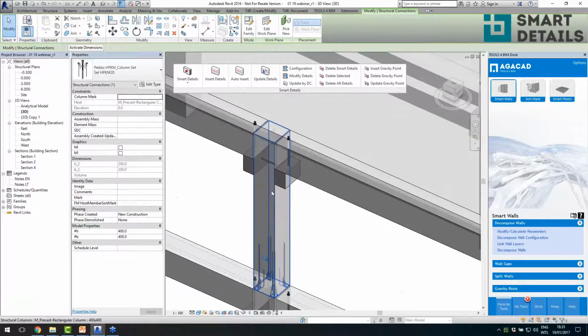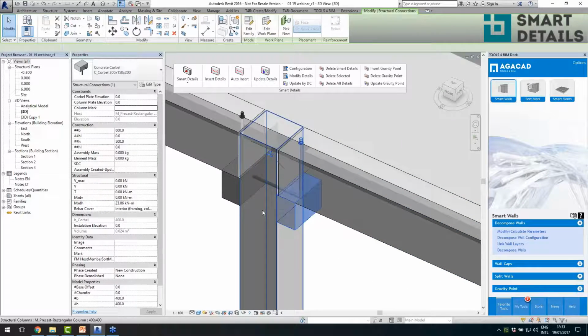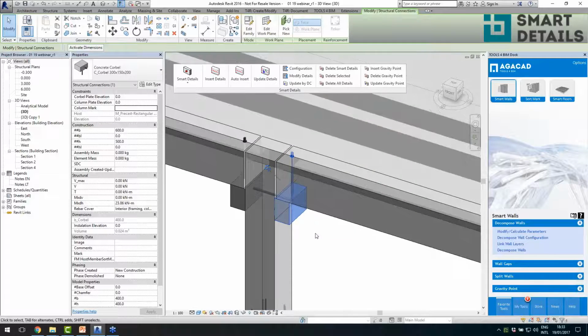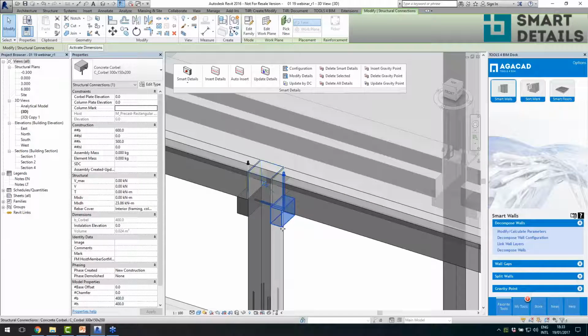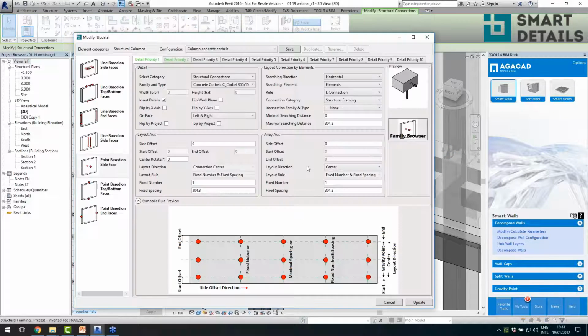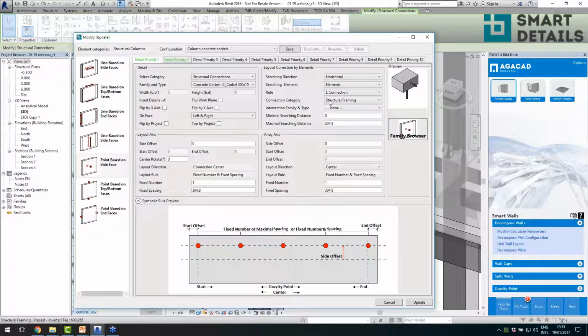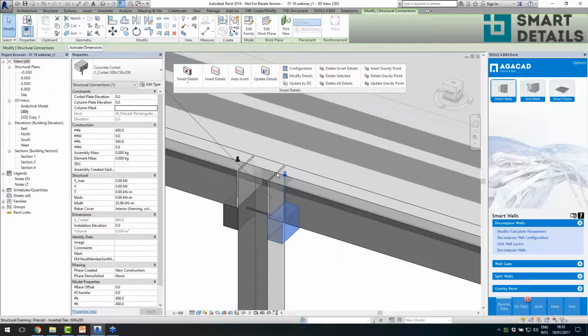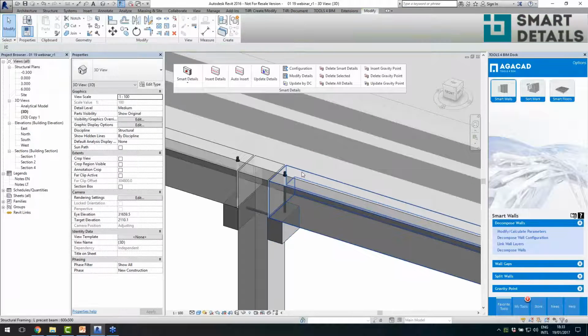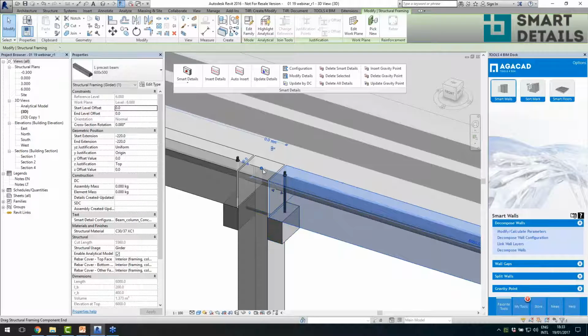I have shoes, and I have corbels. And why do I have corbels inserted at the intersection point with a beam, with an L connection, and the intersection point is here at the top of the column because the line of the beam is here, but